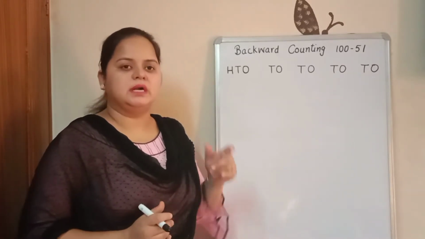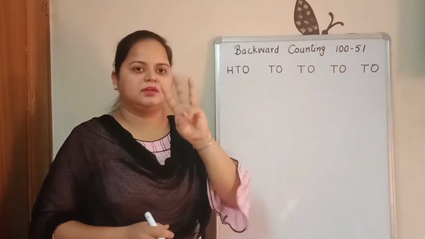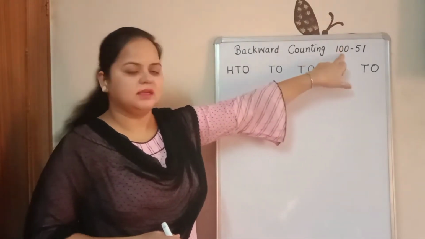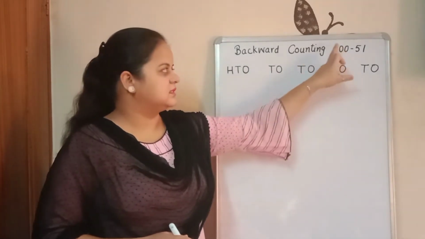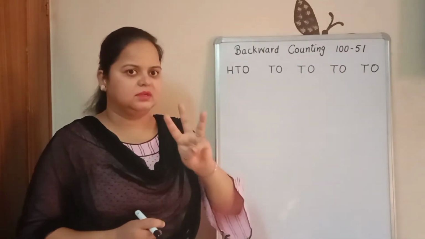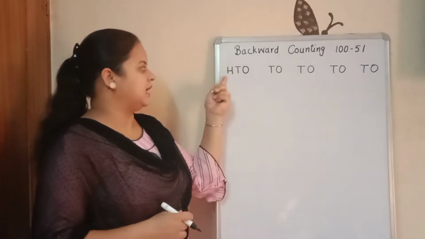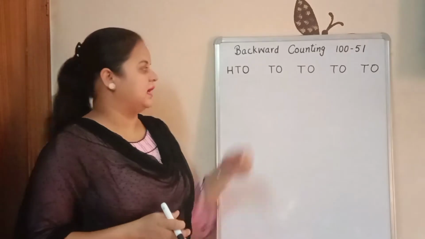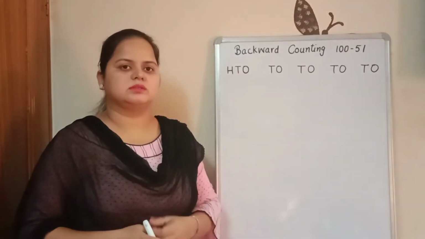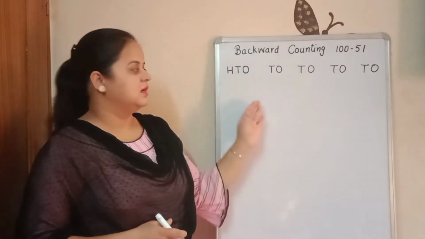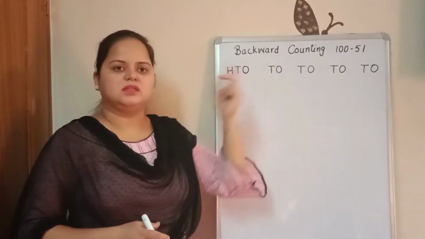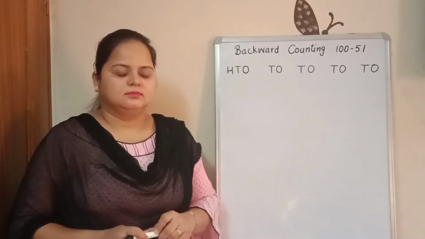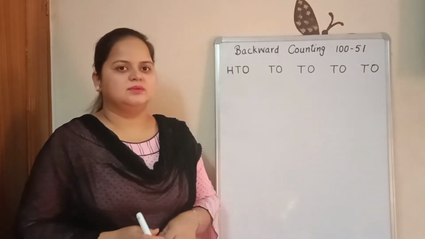Because we are starting from 100 and it has 3 digits in this number. Yes, 100 में कितने digits हैं? 3, 1s, 10s and 100. 3 digits are here, so we will write HTO in the first column. And you have to write these 3 letters in one box. After that, skip one box. And again in one box you have to write these 2 letters, 10s, 1s, TO. I hope you all understand.